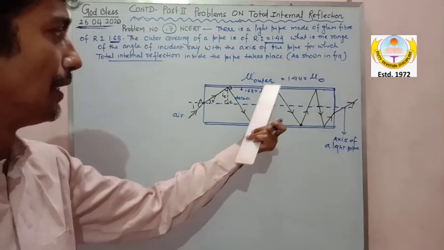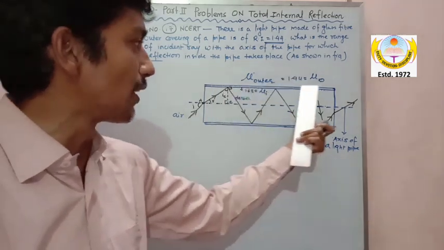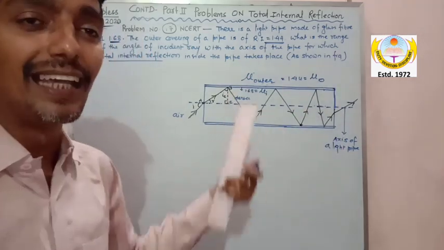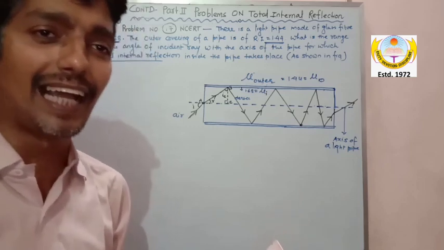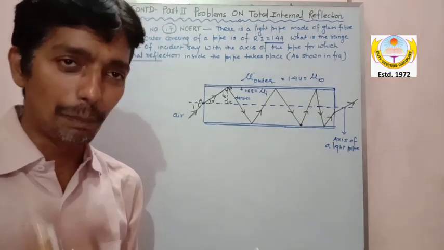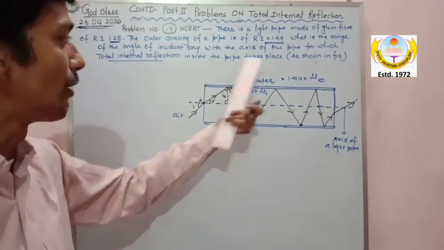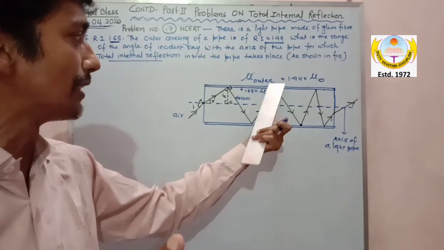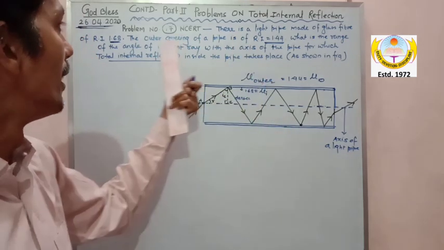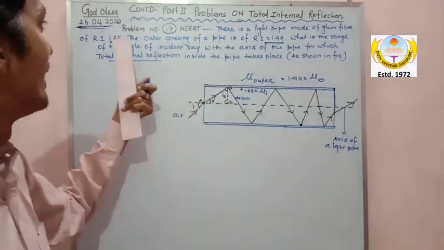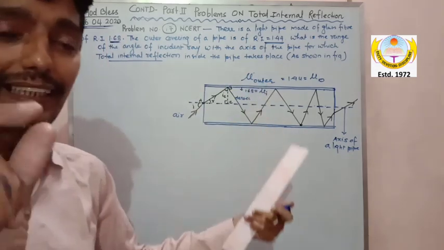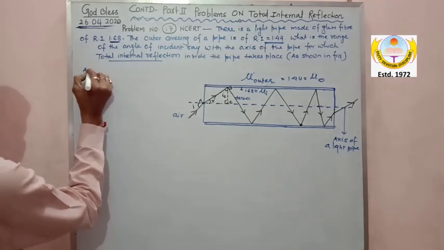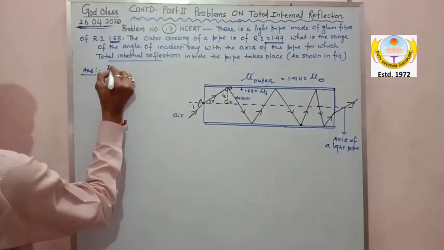My dear, these two will decide the critical angle of this surface, because unless I know IC, I cannot say whether I is greater than IC or less than IC. So first we must know how much the IC is for this question. First you have to calculate IC for these two surfaces, that is the outer covering and the inner covering, which will give us the critical angle for the surface. So first of all,